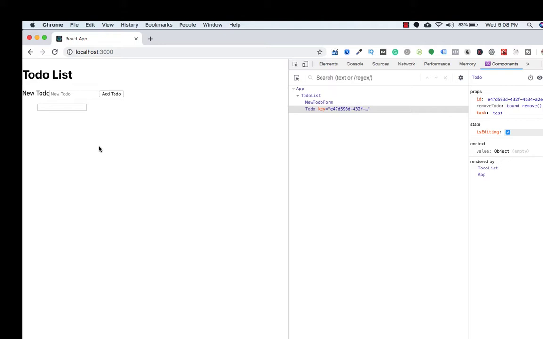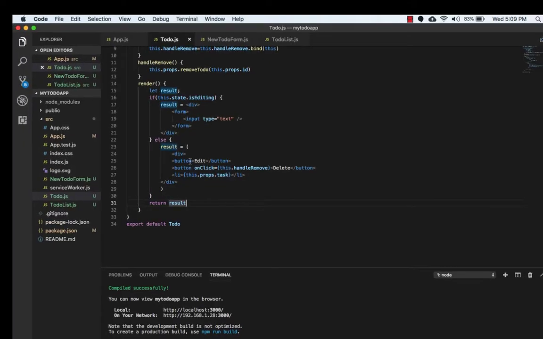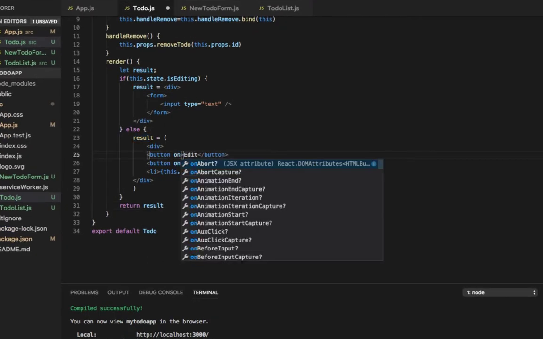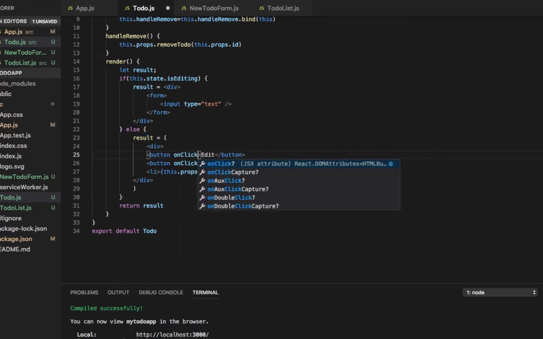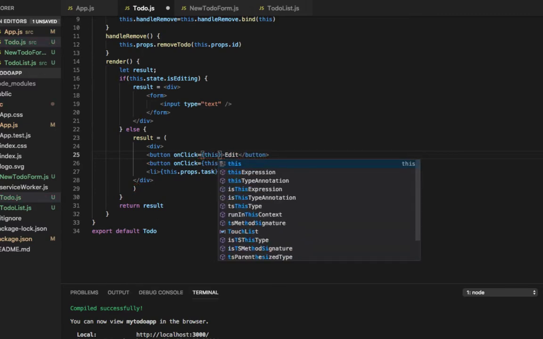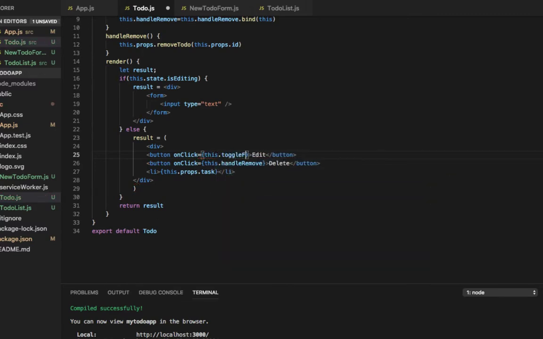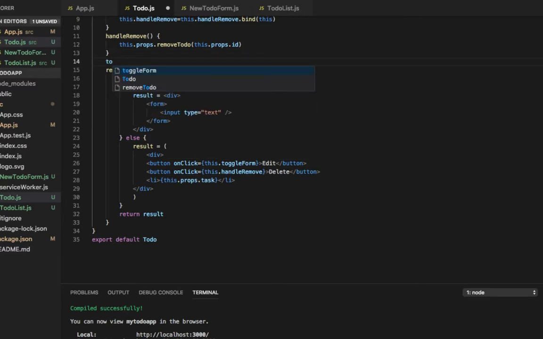Next let's make the toggling happen on the button click rather than clicking over here. To do that we need to add onClick to the edit button. So let's go to the code, and here in the edit button we need to add an onClick equals this.toggleForm. This method does not exist yet, so let's define it. So here I'll define the method toggleForm,